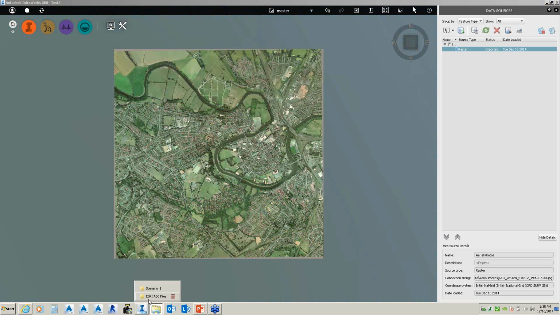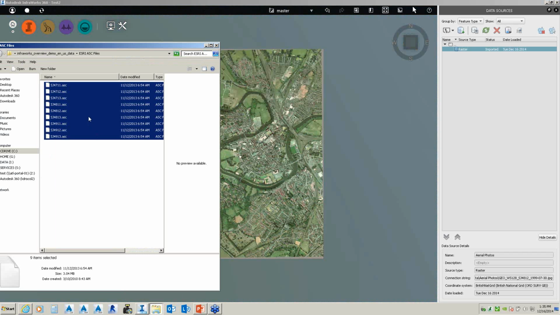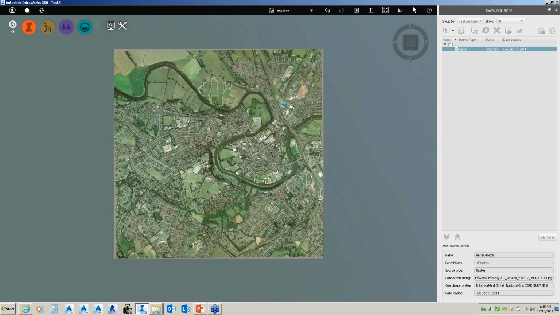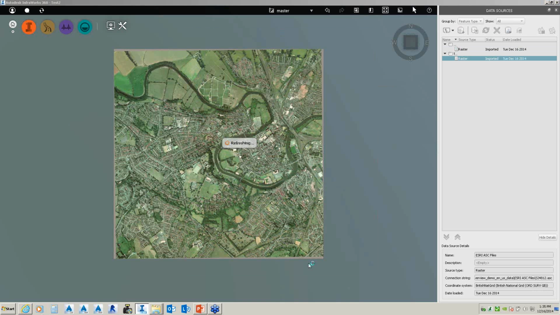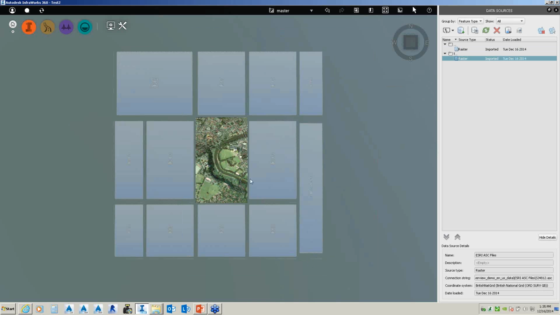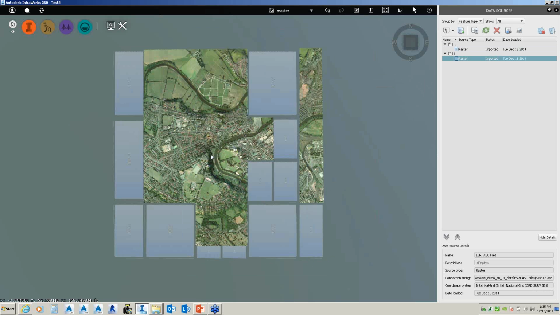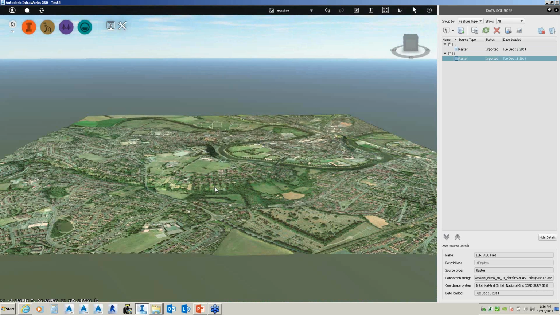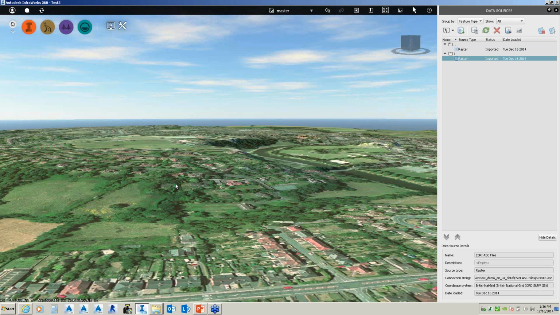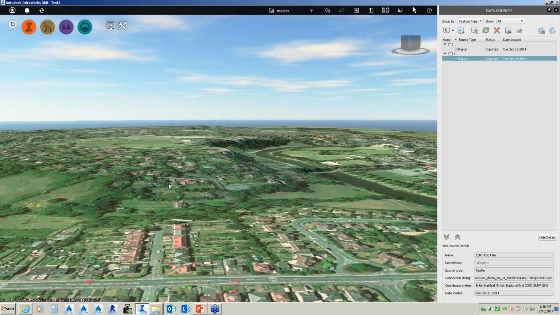Okay? So if I drag and drop these Esri files, now I've got two different data types: I've got JPEGs, and now these Esri files, so I just drag and drop them right in there. And this is going to be British National Grid. This is going to be terrain. Say close and refresh. I'm bringing that data in. Now I'll just drape that data in reference to aerial and topo.